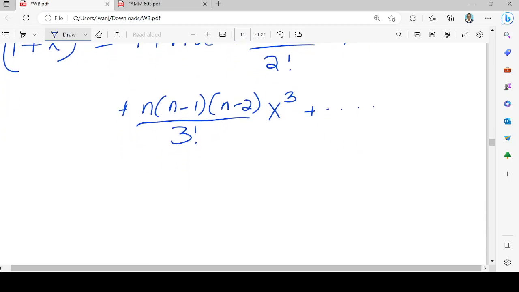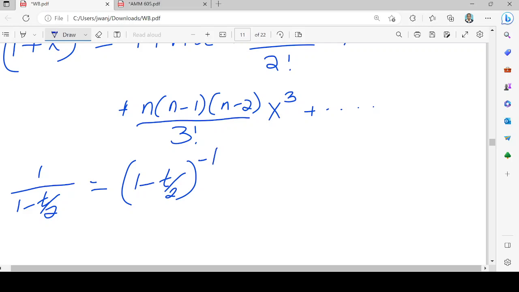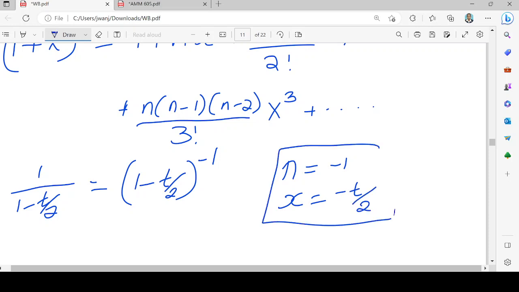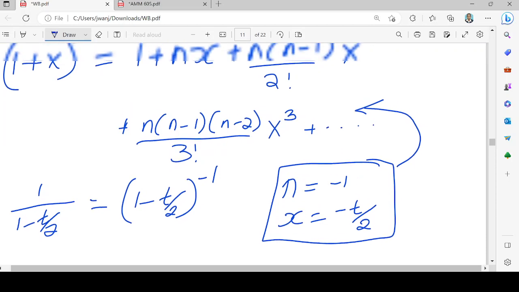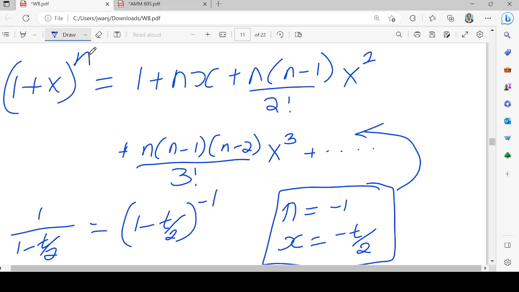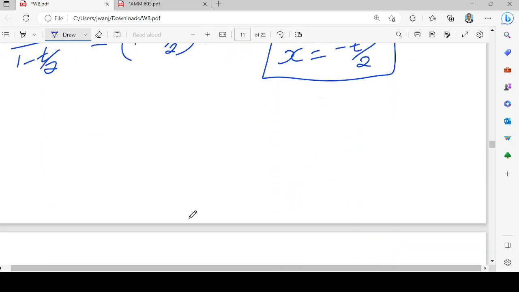In our case, we have 1 divided by 1 minus t over 2, which we can write as 1 minus t over 2 raised to the power negative 1. So we are going to consider the case where n is equal to negative 1 and x is equal to minus t over 2 in our series here. So we substitute n, the power, which is minus 1, and in place of x we have minus t over 2. So we can replace n with minus 1 and x in the binomial series with negative t over 2. So we write 1 minus t over 2 raised to power negative 1 is equal to 1 minus